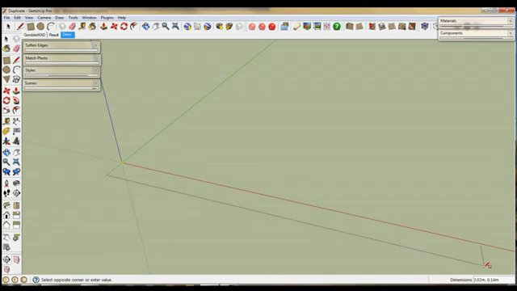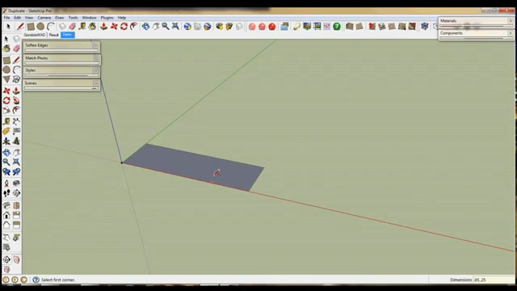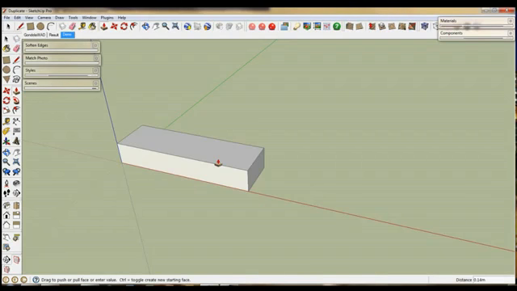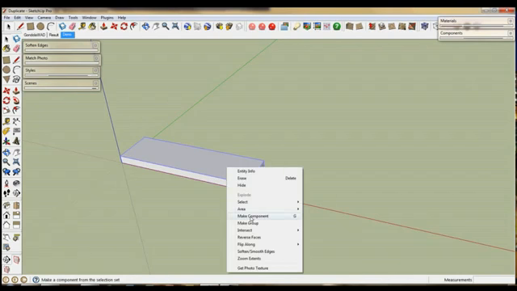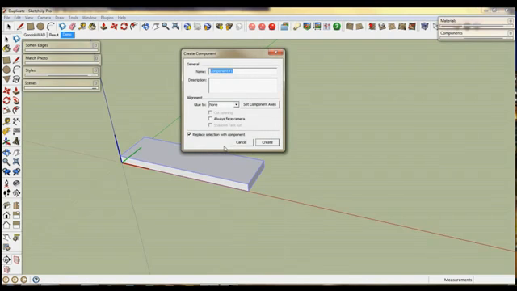Typing in these measurements down here, I'm going to type in 85 centimeters, because I'm working in meters, so 0.85, by a quarter of a meter. Then using push pull, which is this tool over here, I'm just going to lift this up 5 centimeters. Now I'm going to triple click, select everything, right click and do make component, and then just going